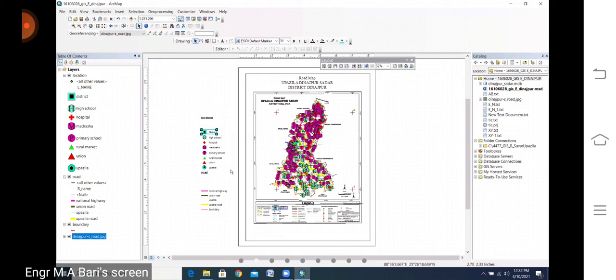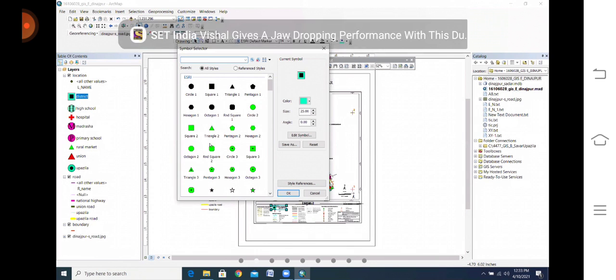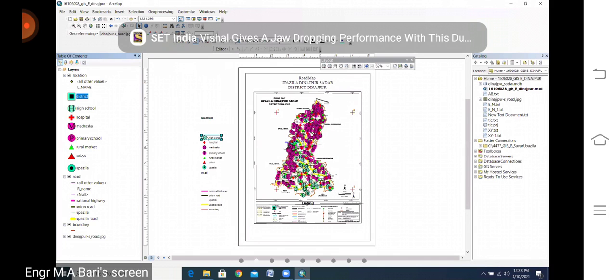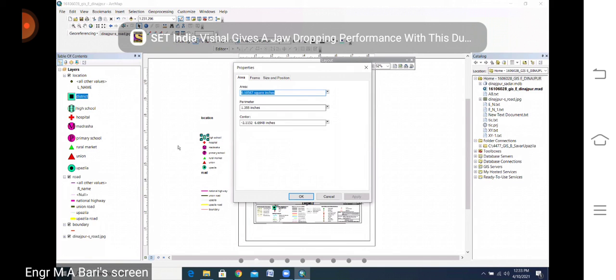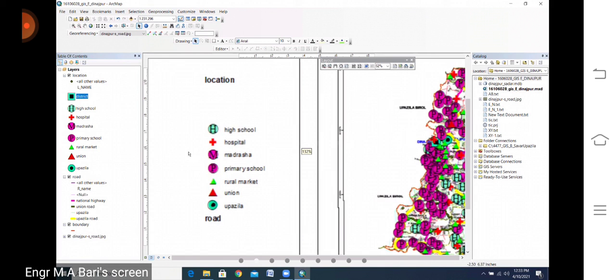If you need to make the symbol small, the symbol size should be small. Again you need to do it. Look at this thing, ungroup. This is your symbol. Double click it. This is now ungrouped. The size, how to decrease it.